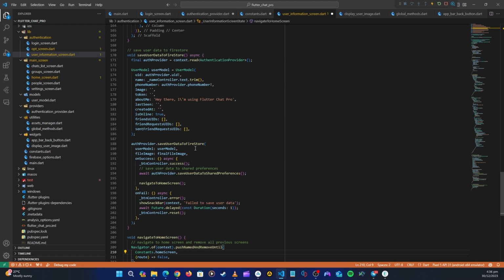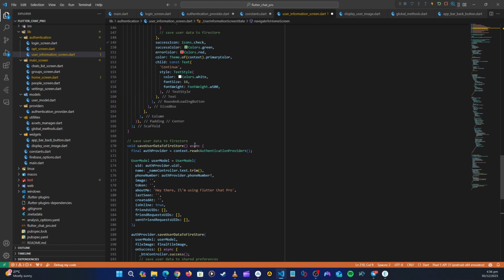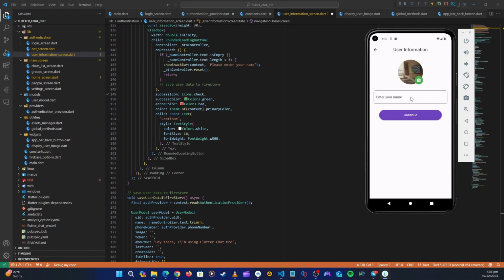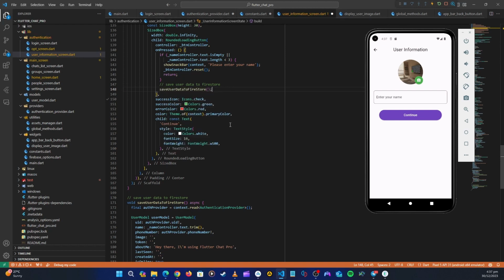All right, so from here now we are done with the user information screen. If we try to run the code now, we should be able to log in and then navigate to the home screen. Let's also just call this method here at that button press, save user to FireStore. Okay,